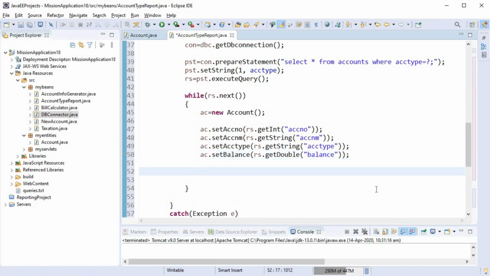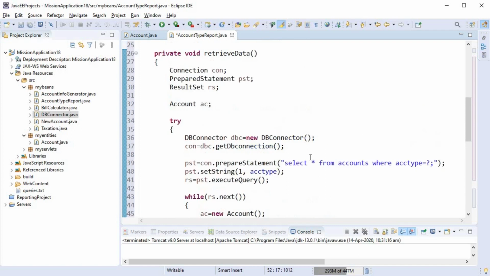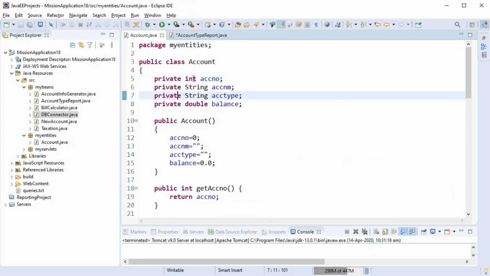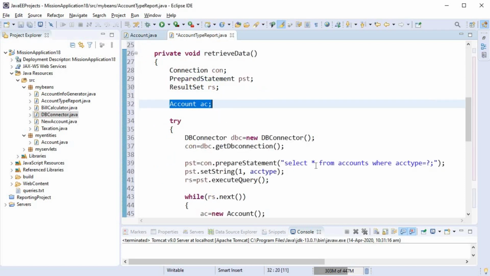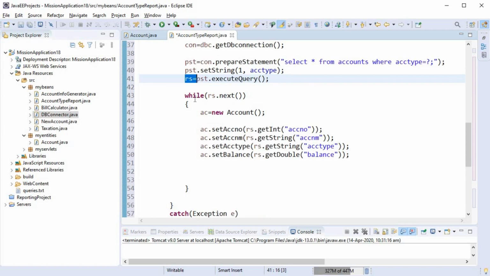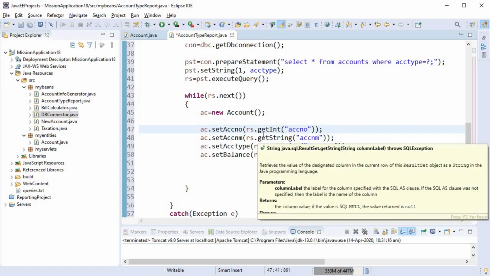So everything we have taken out from the result set we have added into the object of the account class. Now this is just a single record. We are not going to pass a single record from here. We want to pass multiple records. So this account class which we created in the previous step is helping us to store a record. Now one record is stored in the object, and this object will be put into the array list. So the loop executes and so many different objects will be added in the array list. The loop will continue and every record is put into the object of the account class, and so many objects are created and stored in the array list.